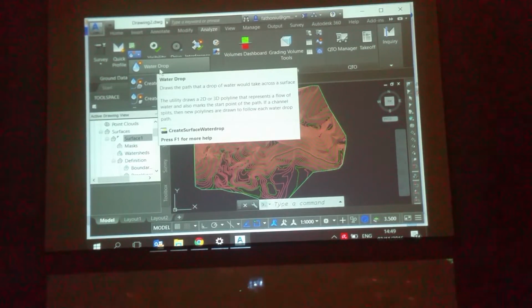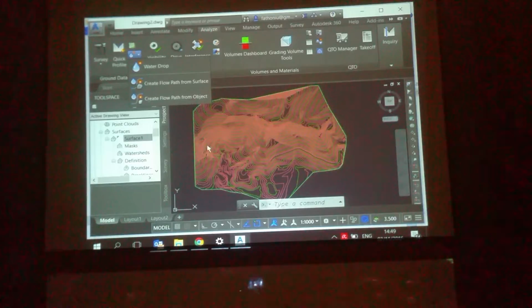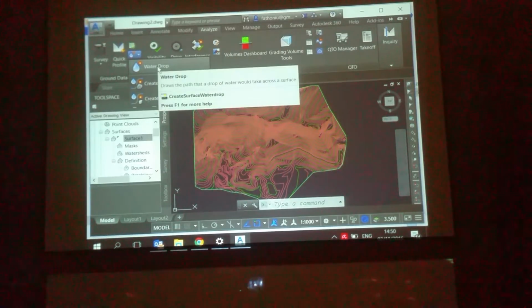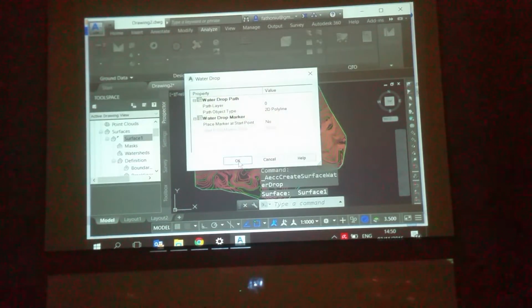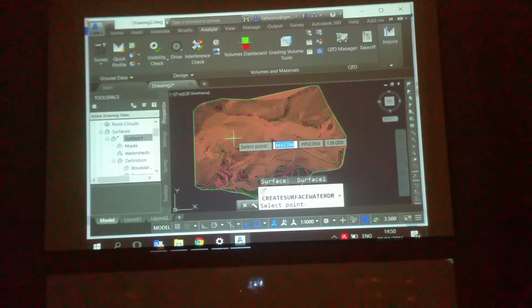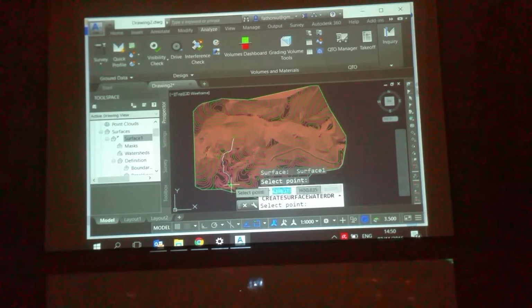Because we don't want to set up our platform within this hilly area, and then all the water from the upstream, from the hill, flooding into our area. So this analysis, water drop. Let's say this is the hill. You can see here all the water.